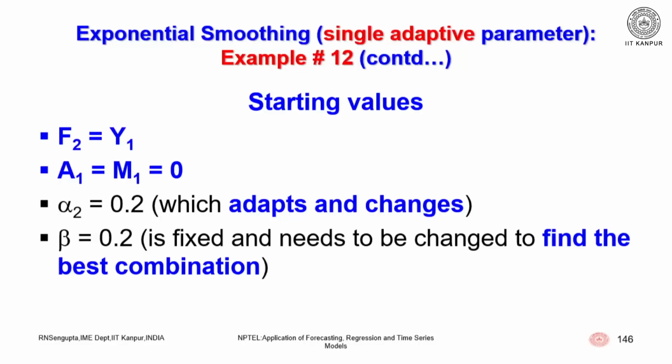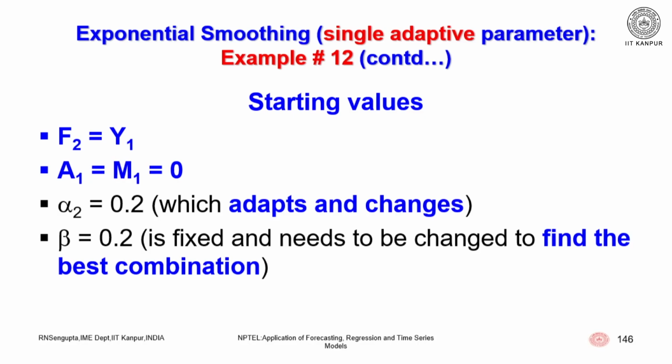Now, if you remember the problem, with this information I will go back to the Excel sheet. Generally I told you that the forecasted value for t plus 1 would be based on the value of y t. That means today's actual value would give me the best forecast for tomorrow. Hence, y 1 would be f 2. Also, this was not in the slide, but I will update it in the slide when it is shared with you through the